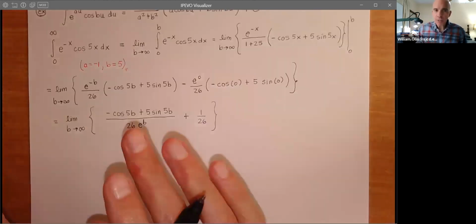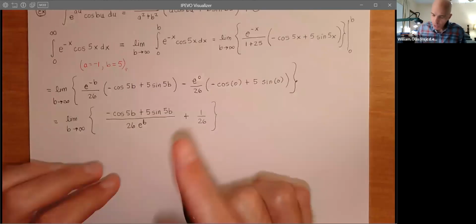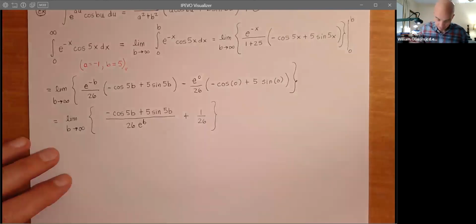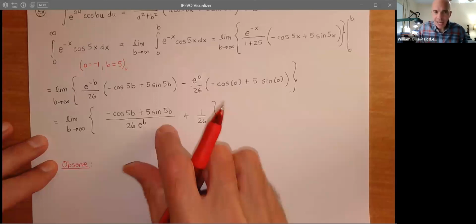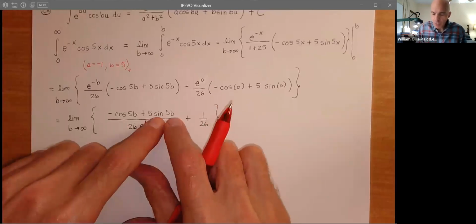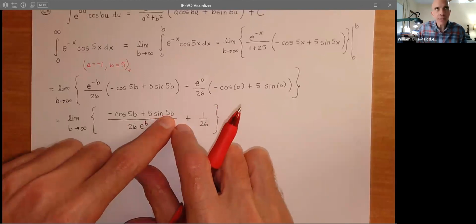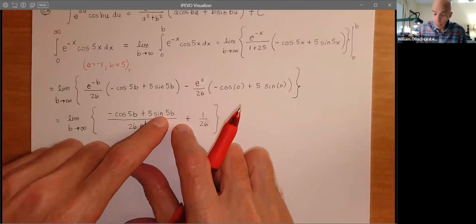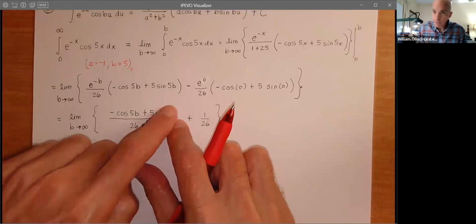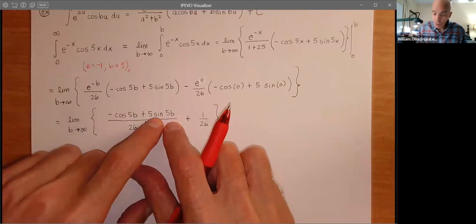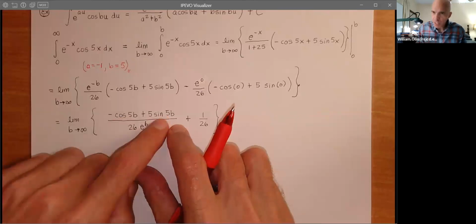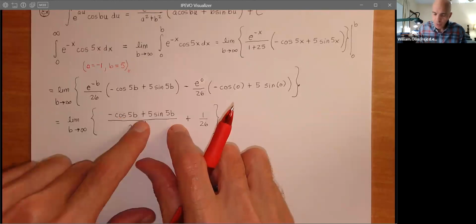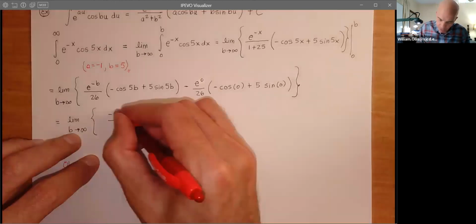Now, this is where we use some calculus, and it's very simple calculus. Notice, and I want you to first observe, we'll do a little sidebar. The cosine and sine functions are bounded. So the largest, for instance, when the 5b is 4n plus 1, an odd multiple of pi over 2, the sine is going to be a 1, so that'll be a 5. So the biggest this can be is a 5. And then, of course, the smallest this can be would be where the sine function would be a negative 1, and we get a negative 5. And when this is max and min, this is automatically 0. So this part right here is bounded